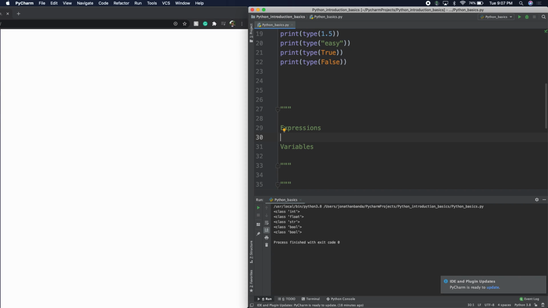All right, so let's first define the term expression. An expression is going to be anything that the computer is made to do. For example, let's say we want the computer to do 1 plus 1, right? This is an expression. If we want the computer to do 2 divided by 2, that's an expression. Same goes for all of the arithmetic operators. So of course we're gonna have plus, minus, multiplication, and